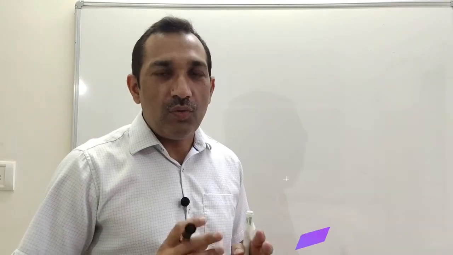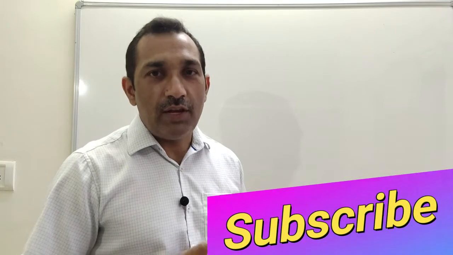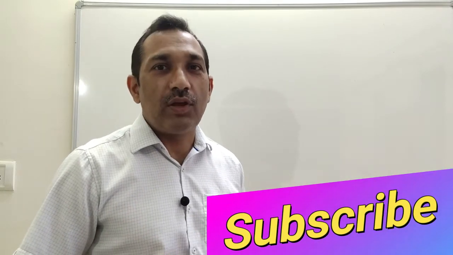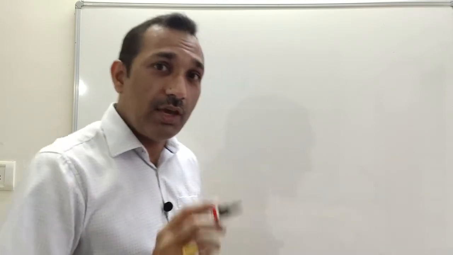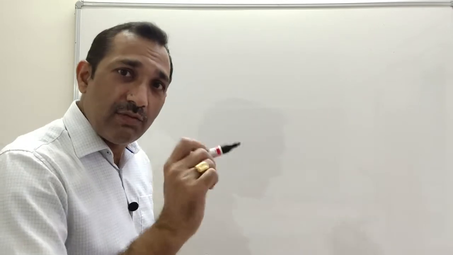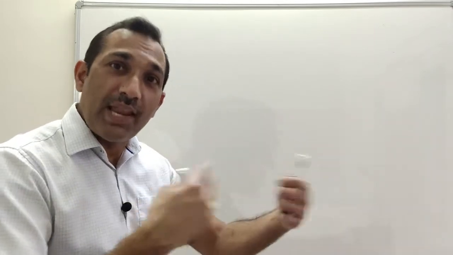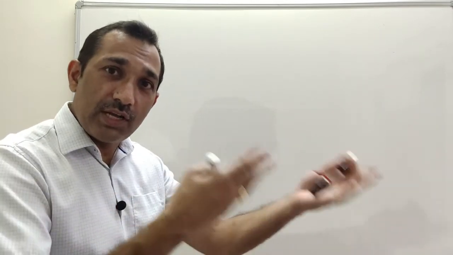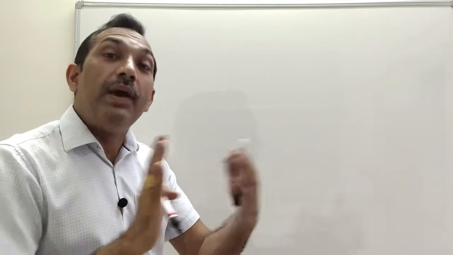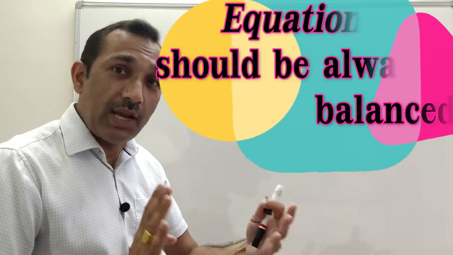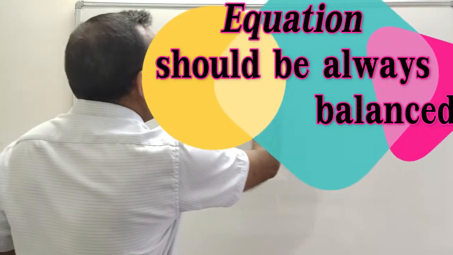Before looking into roots or values of x and y, let us look into the equation. What is an equation and what are its basic properties, and how do we manage it? An equation has an equal sign. Equal sign means we are balancing something. One thing is equal to another thing. That means we are balancing it. An equation has to be balanced always. So let me make a